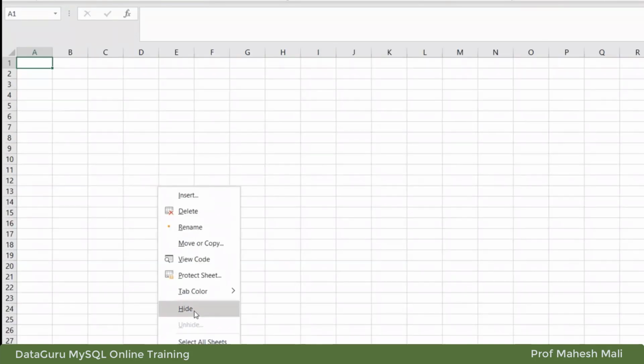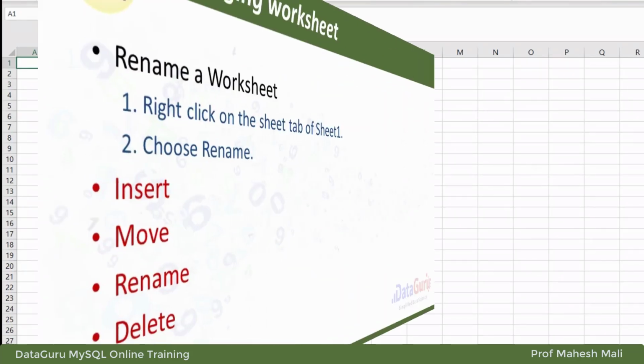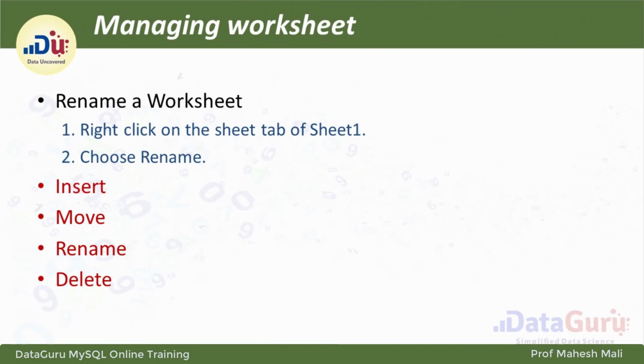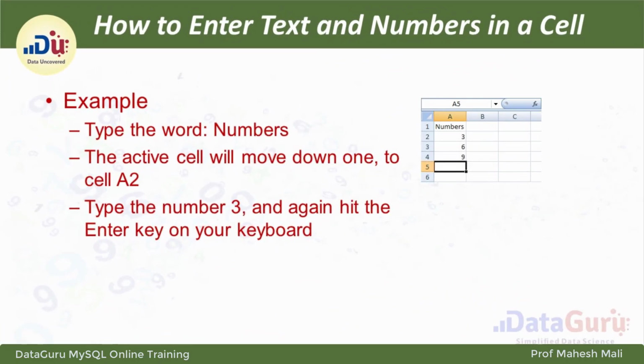If you want to remove HR, you can either hide it, okay, or we can delete it. But once we delete, we cannot get it back. But if you hide it, currently it is not visible, but later on you can unhide it. So either you can use hide or you can go for delete, as per your own choice. Are you able to get my point?